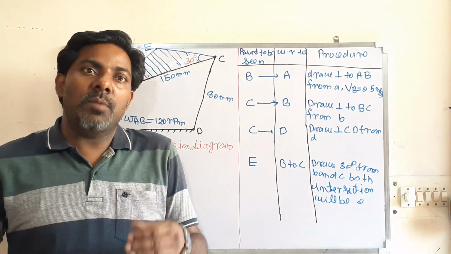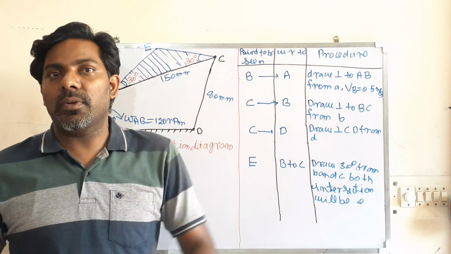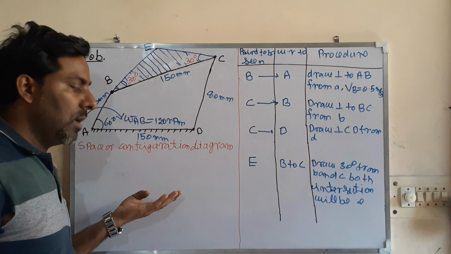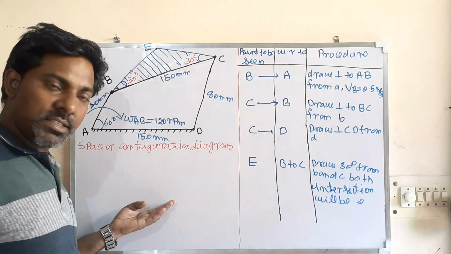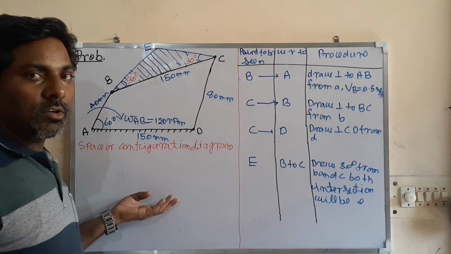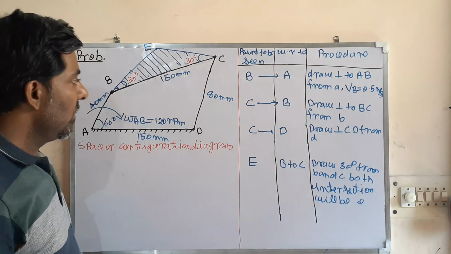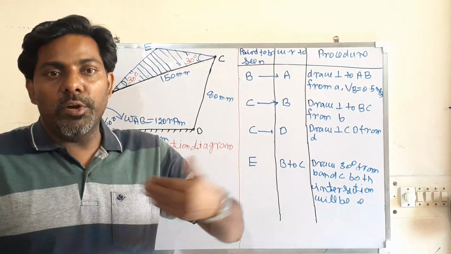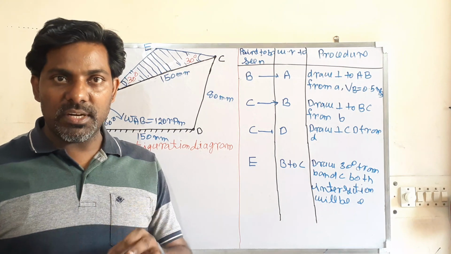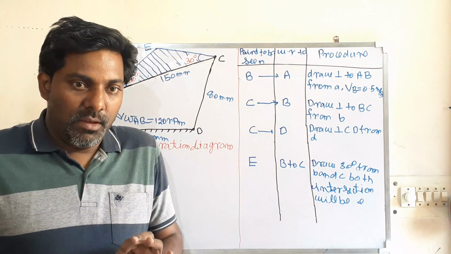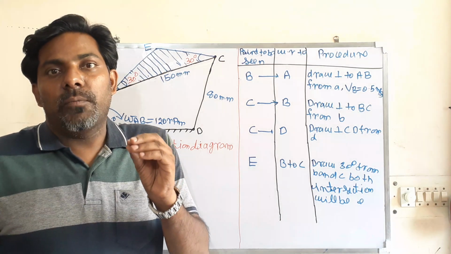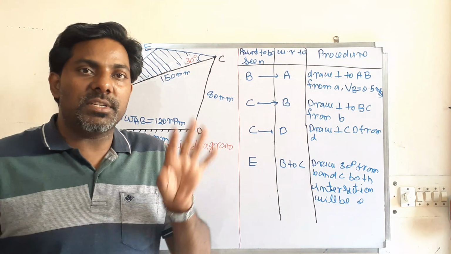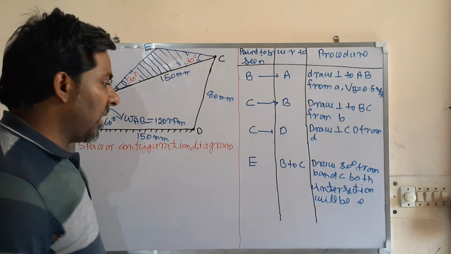The next step is that you have to take a suitable scale to draw the velocity diagram. If you are drawing the space diagram at the top, then at the bottom you have to draw the velocity diagram. When I discuss the acceleration diagram, it should be drawn below the velocity diagram. So take a suitable scale and start to draw the velocity diagram. Before drawing, you have to take a reference point. A reference point shows the fixed point, the ground, that is generally represented by O.